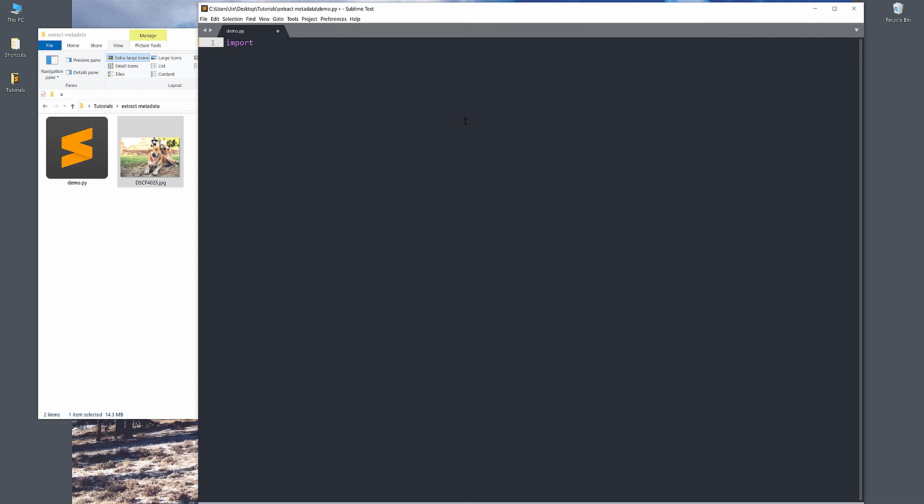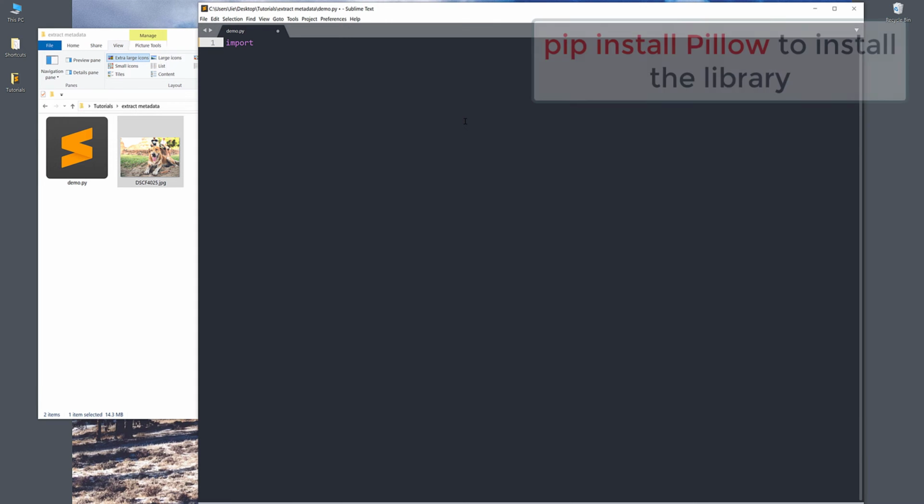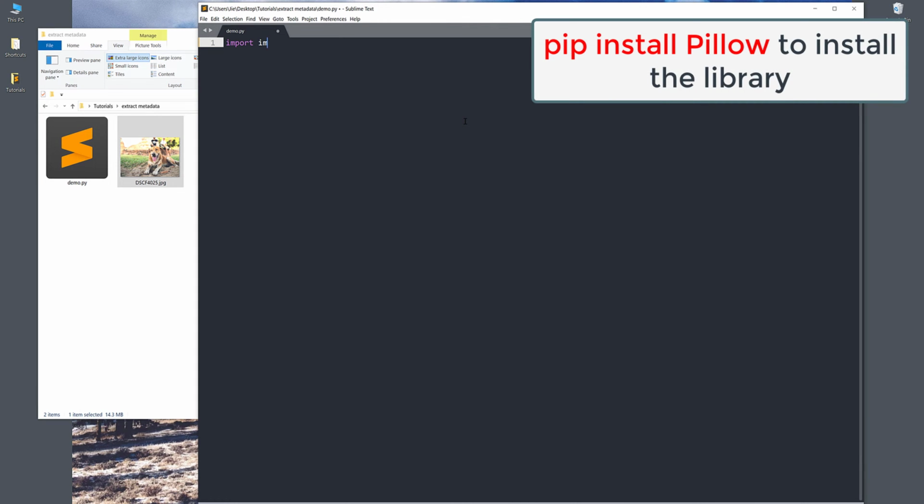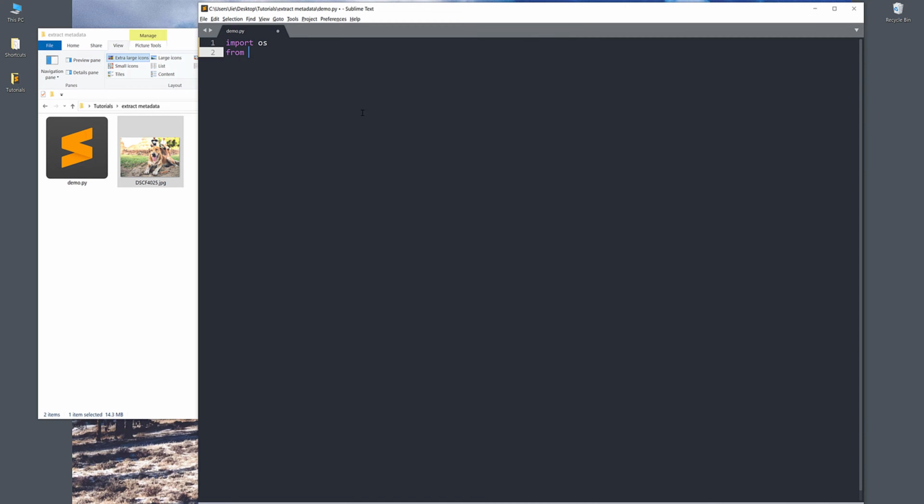For this exercise, I'll be using the Pillow library. From the Pillow library, I'm going to import the Image module. From PIL.ExifTags, I'm going to import a TAGS dictionary. This is basically kind of like an enumeration. So if you just print the TAGS object,